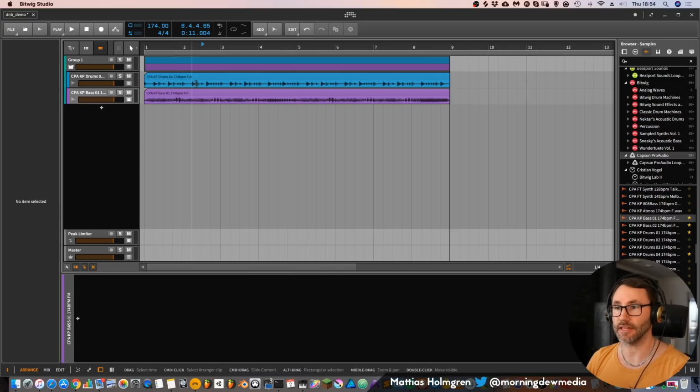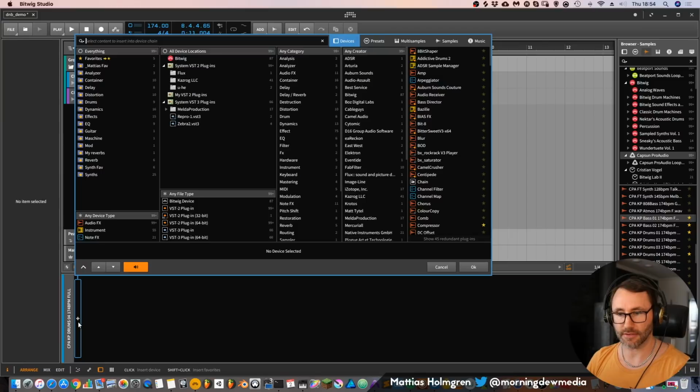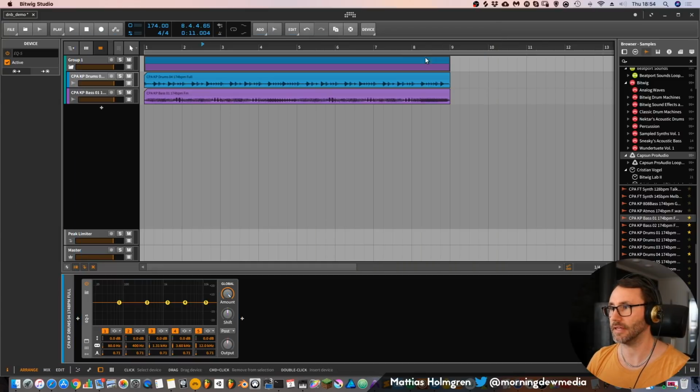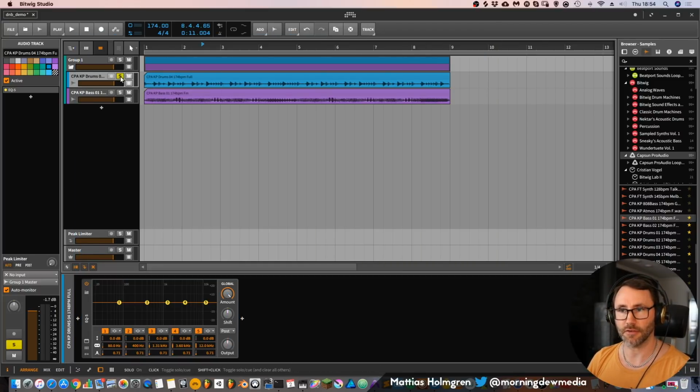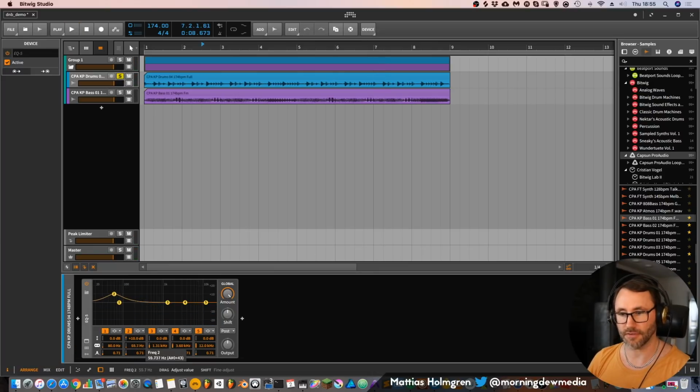So how can we prevent this muddiness? Well, we can begin by looking at our drum loop. Let's open up an EQ5. And now we can solo that drum loop and find out where the kick hits. Let's use this cue point number 2. Okay, so it's around 64 hertz. So let's drag that cue point down again.